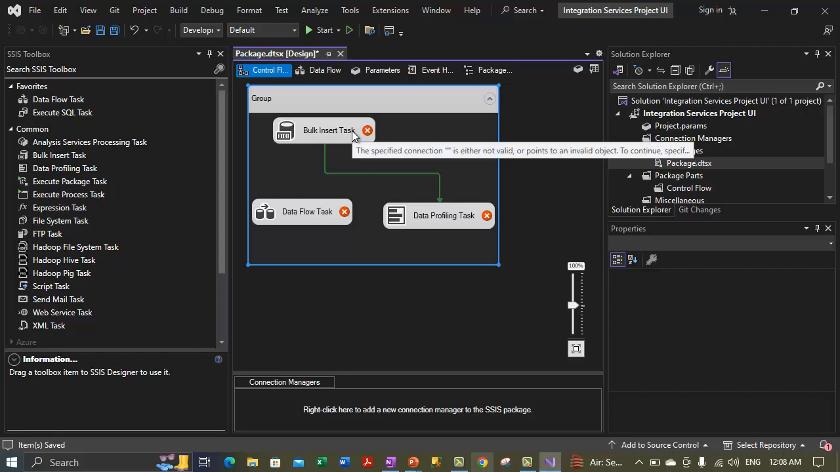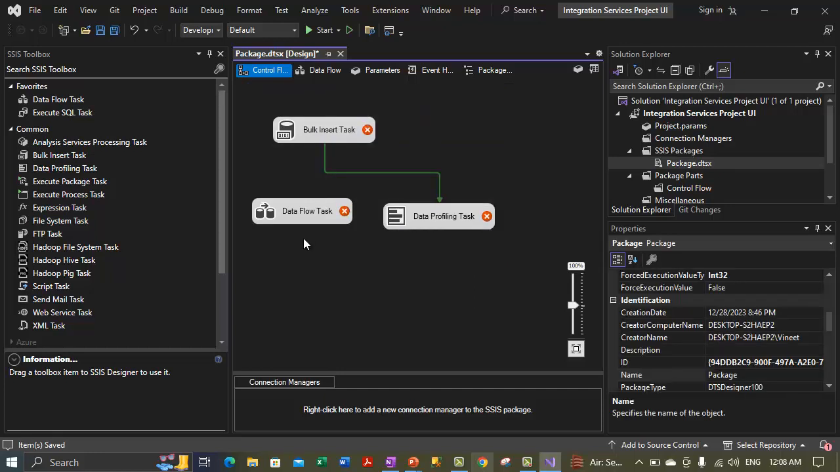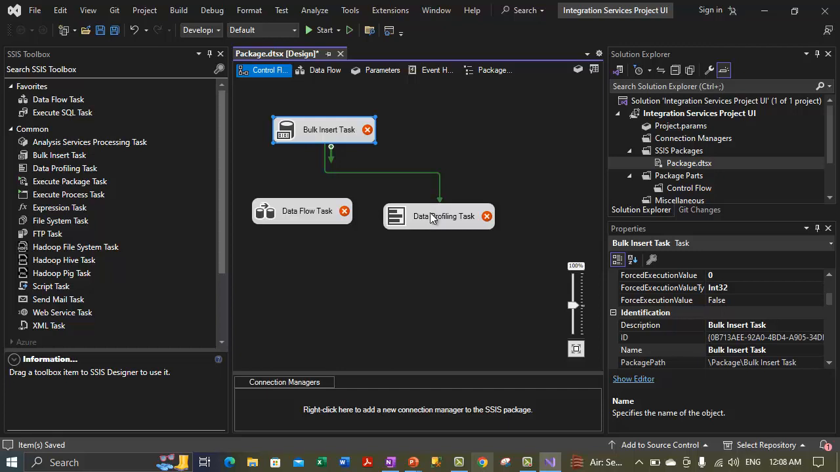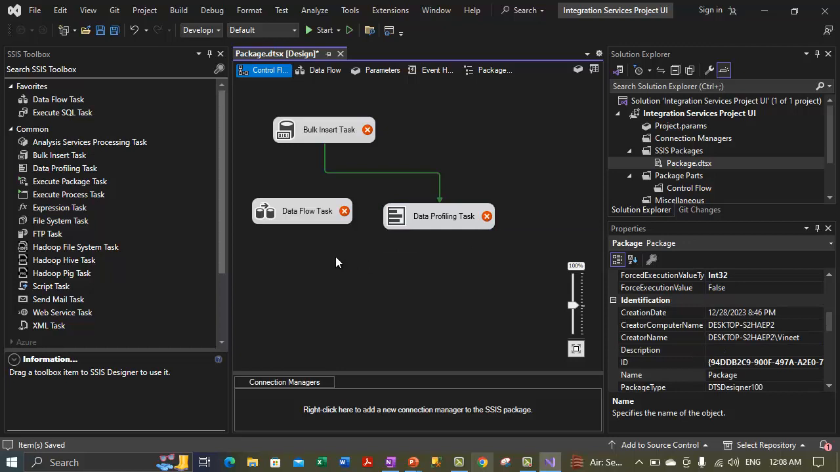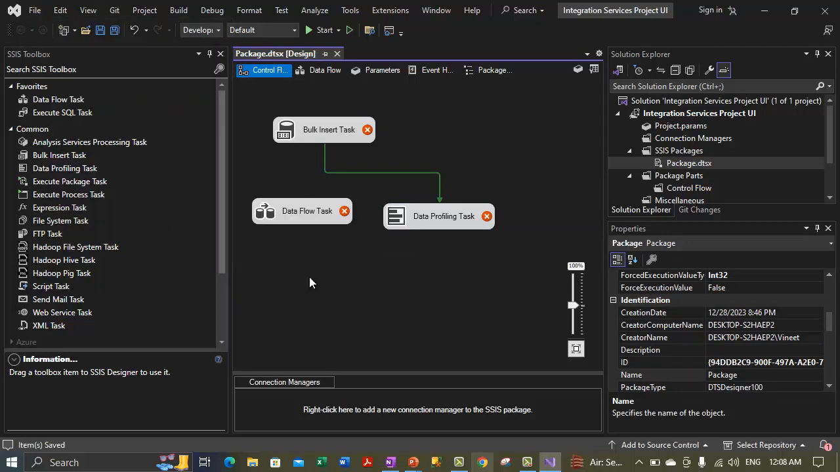Let me show you how you can ungroup the items. We need to right click on the group, and there is an option, you can select ungroup to ungroup the items. Now each item is individual, and you see the grouping container has disappeared, and the items are now ungrouped. If you want to save this grouping information, just say Save Selected Items. Now the items are ungrouped, and the grouping information, which is the ungrouped state, is saved with the